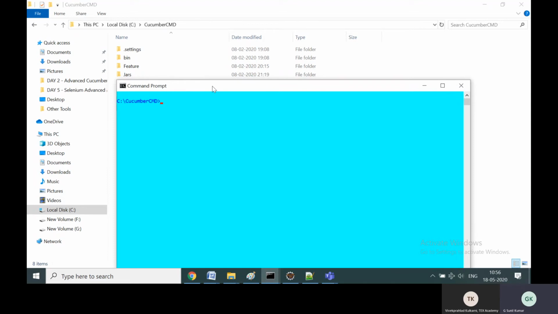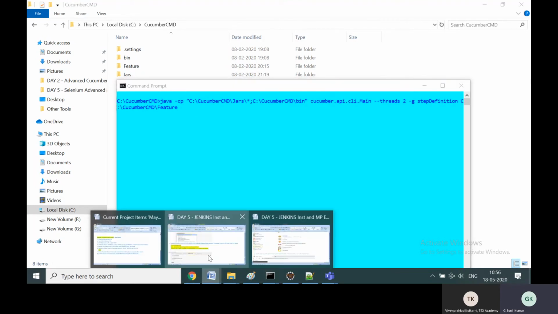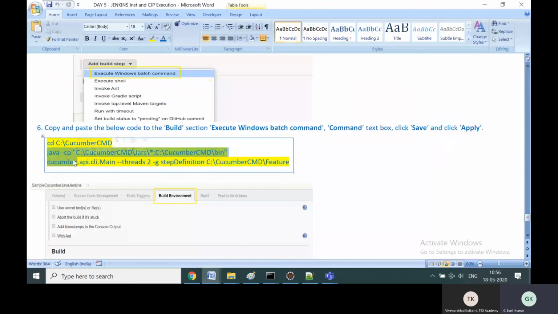Here I am going to paste. See, this command is a Java command. I'm going to execute this Cucumber project in local, and here I've also introduced parallel threads, and it's going to execute this particular feature.